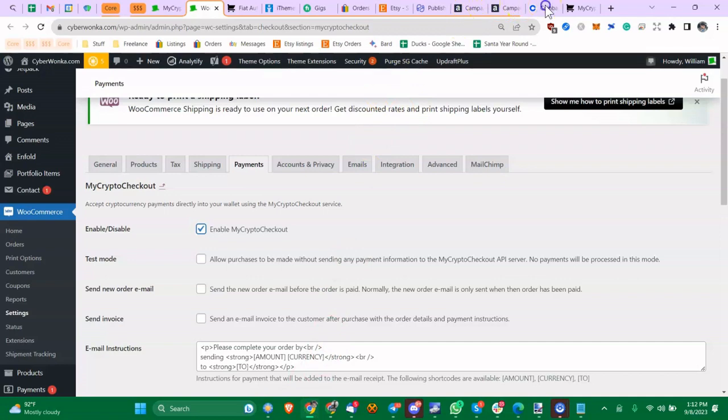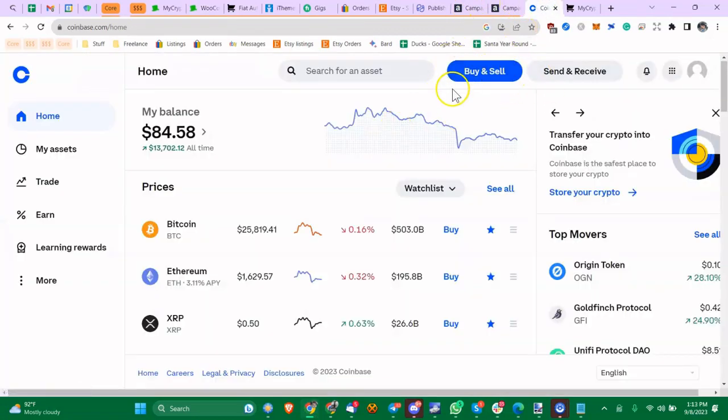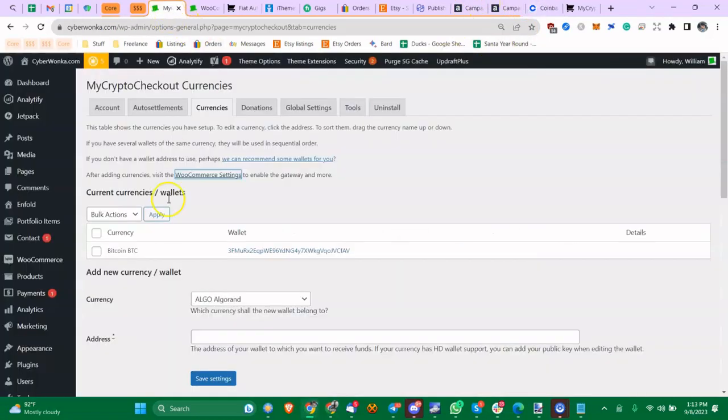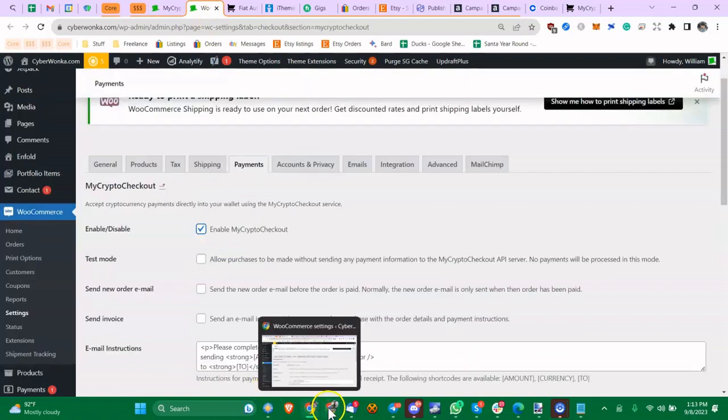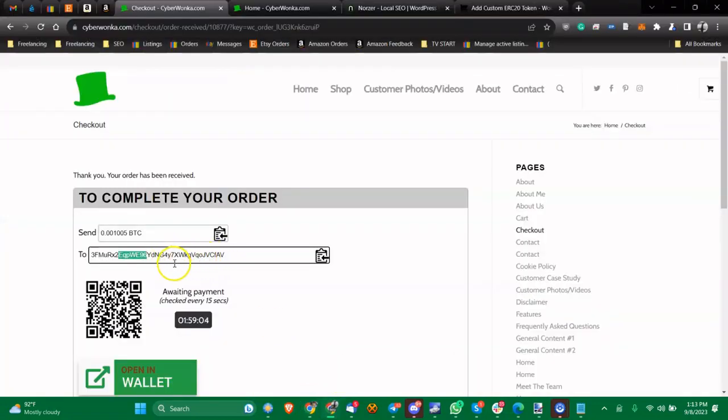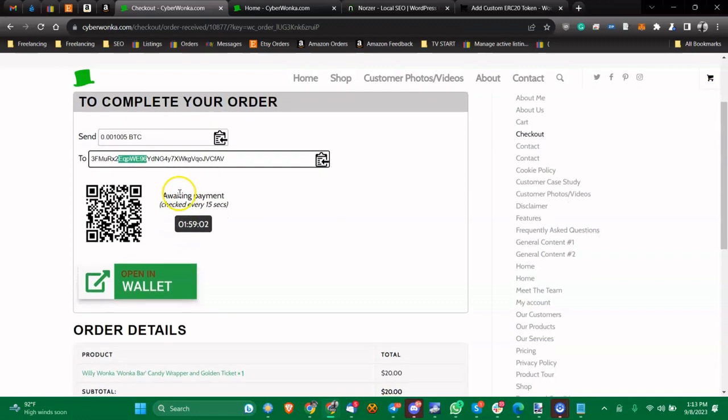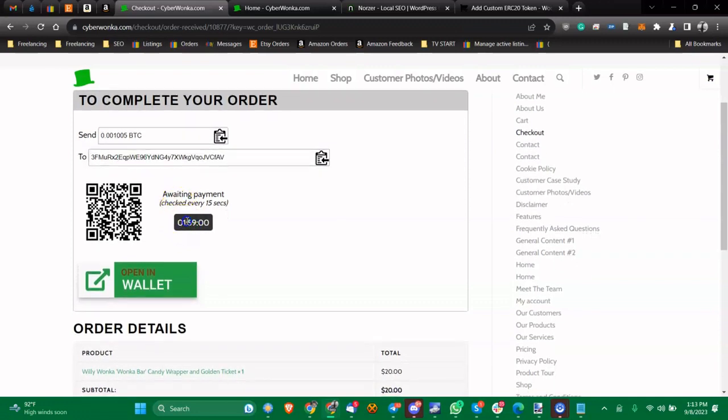So going back to Coinbase, remember that's the address we got from Coinbase, which is right here. And you can see this buyer, so I would be the buyer in this case, has 2 minutes to make the payment. So what I'm going to do, I'm going to pull out my phone, and I'm going to scan that QR code here,